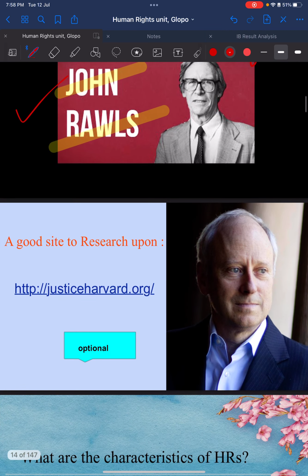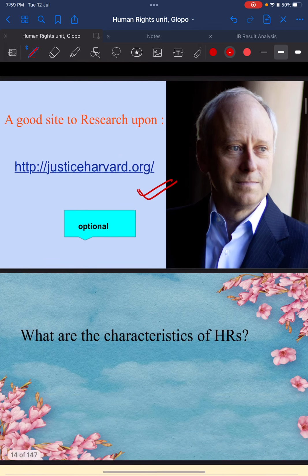Now this is a link which is advisable to those who want to dig deeper into justice, and it would be suggested to those who are taking philosophy also, philosophy and international relations. So how justice is playing an important role in the world of ethics. Okay, so kindly go through this site in case you want to have some extra readings.